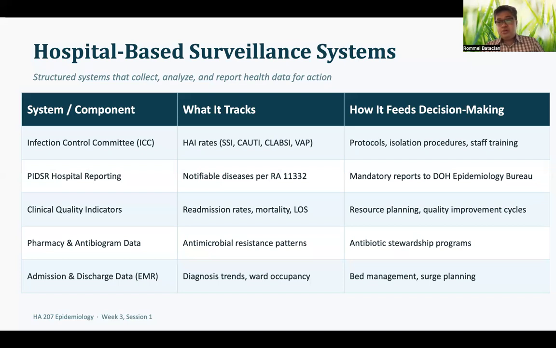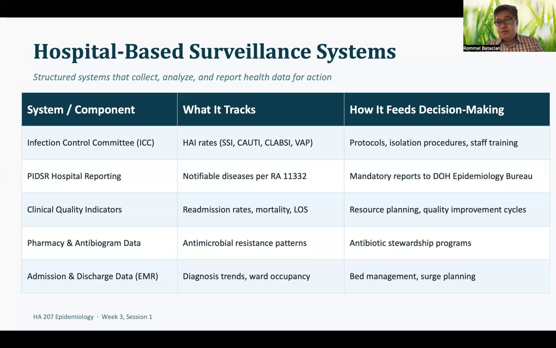If your average length of stay is increasing, your resource utilization is taking a hit. So this is a very important part of the department, part of the hospital, that looks into improving the processes or the operations of the hospital.